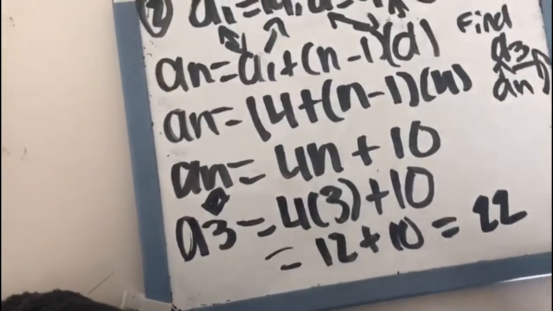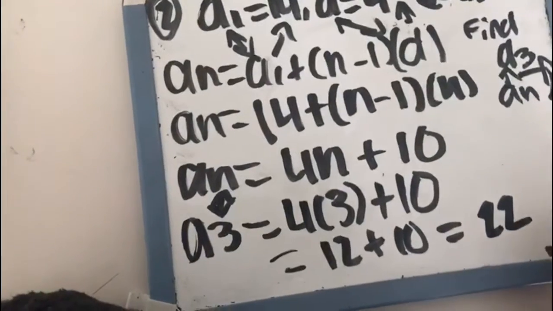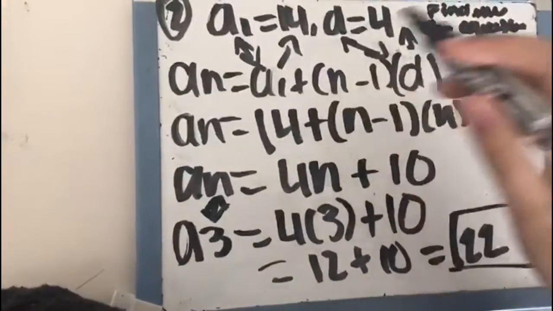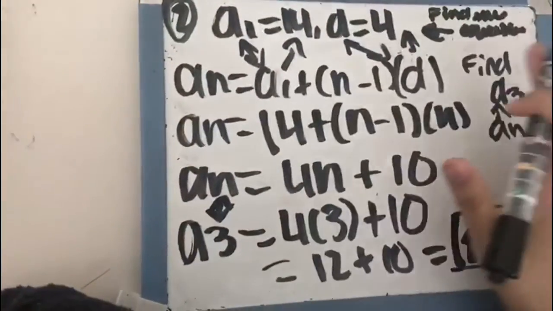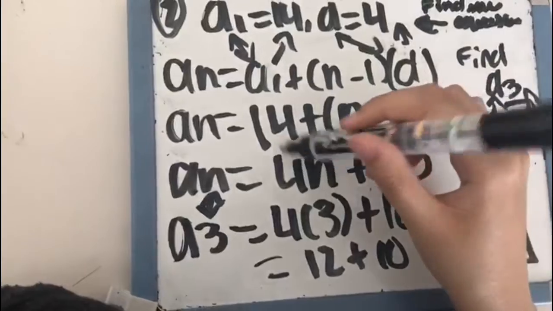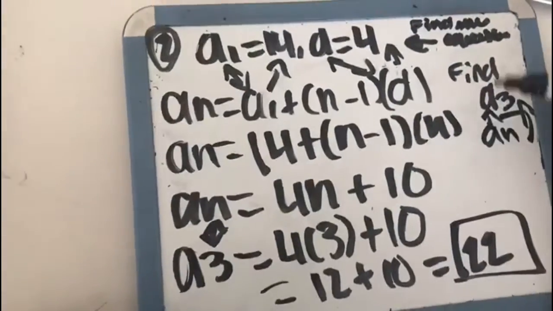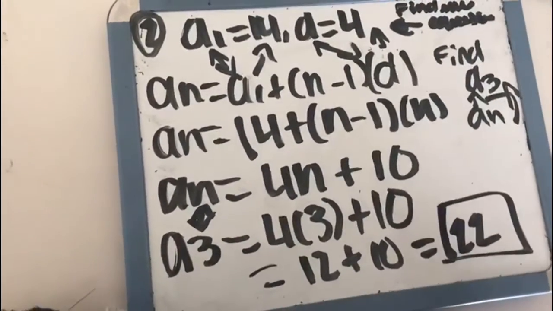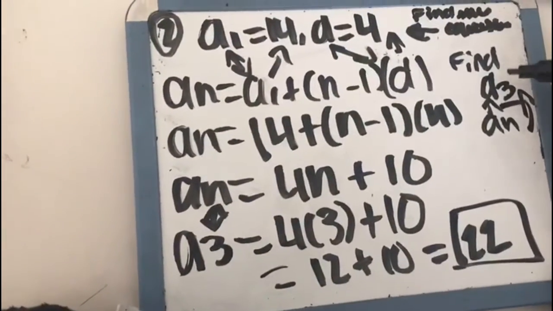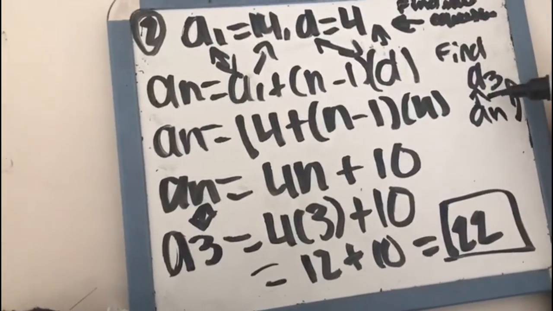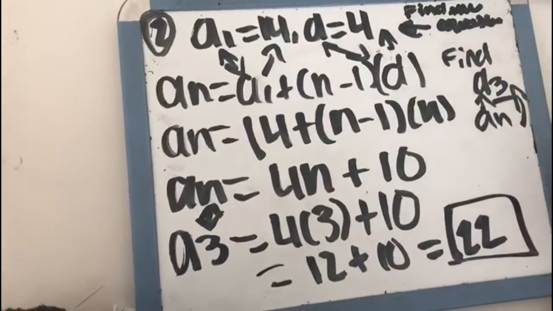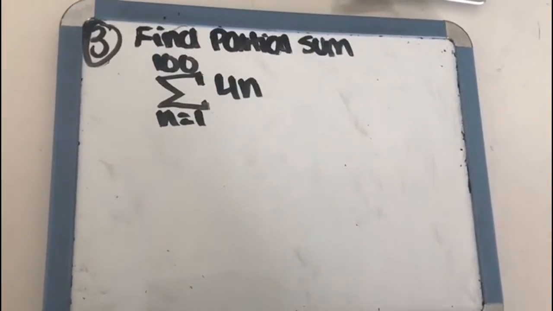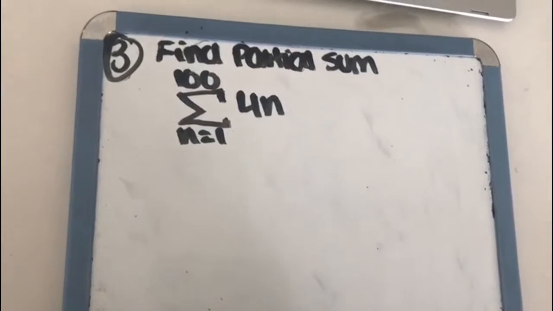22, okay? So now this is the answer for the term A3, but in this question, without finding A3, the answer for the question is 4n plus 10. But now I did find A3 in order for you guys to understand what they're trying to say when they say find A3. So I found A3 for you guys, and this is what it looks like in an example, and it's 22. Okay, so this is number 3, and this one asks you to find the partial sum of the